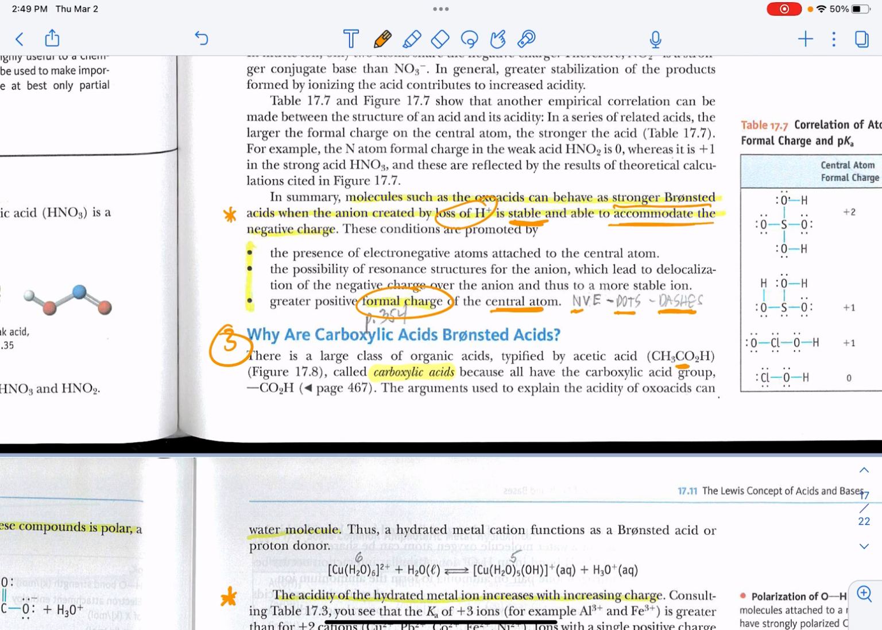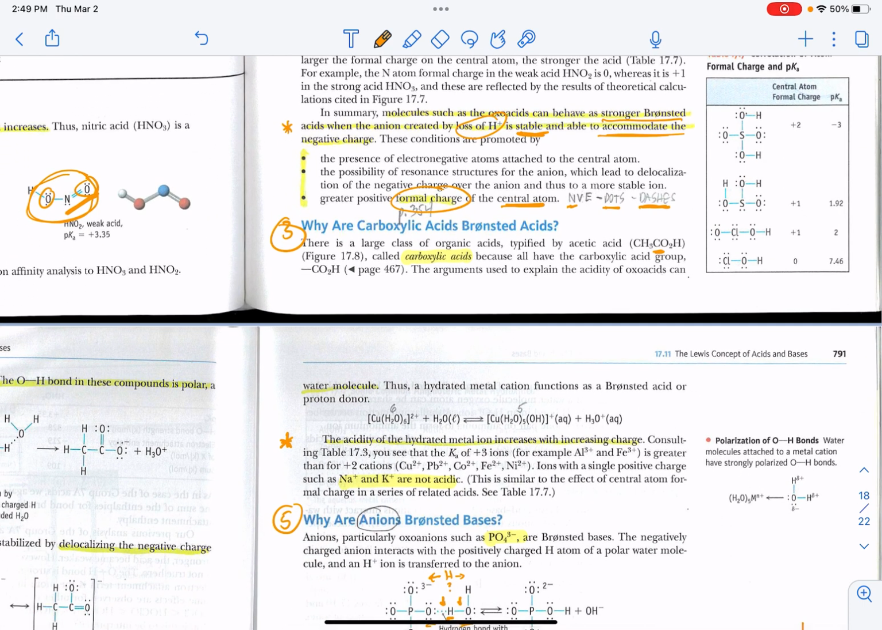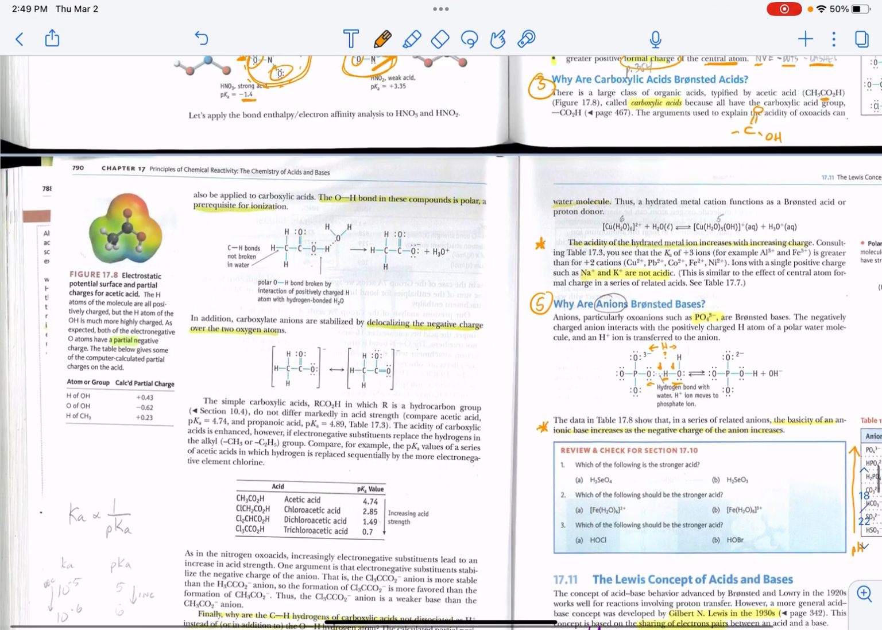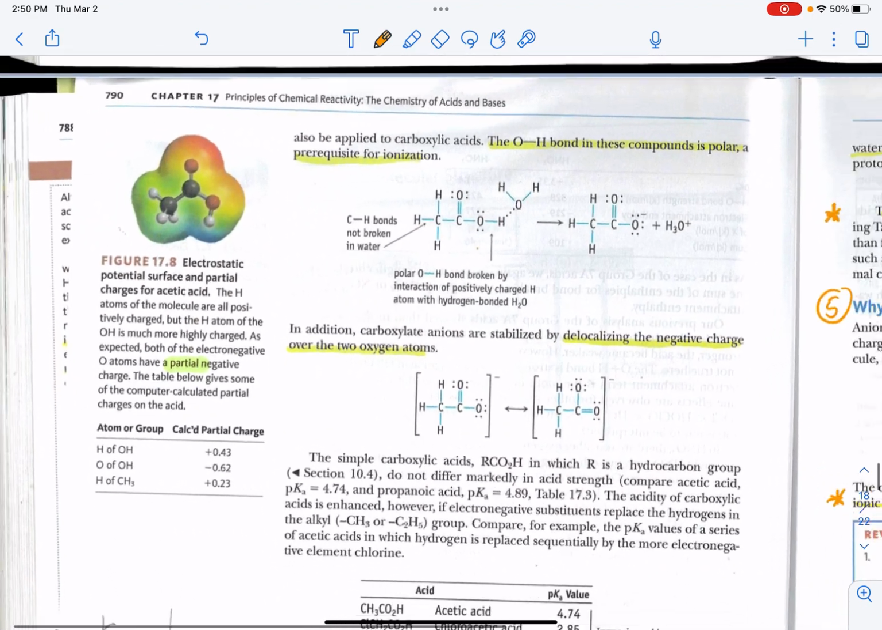All right, consideration number 3, carboxylic acids. Why are they Bronsted acids? Remember, the carboxylate is when you have a carbon with a double bonded oxygen and a hydroxyl group at the same time. And that makes it a carboxylic acid. Organic acids. So if we look at this picture right here,